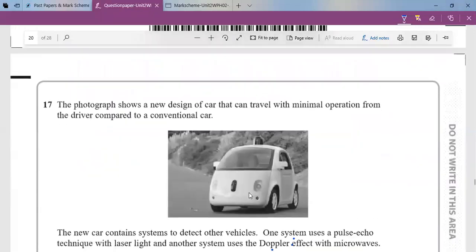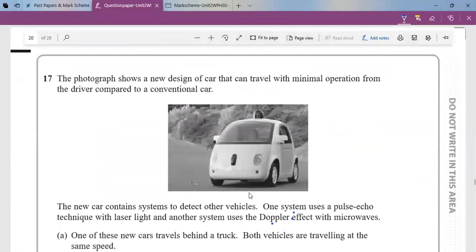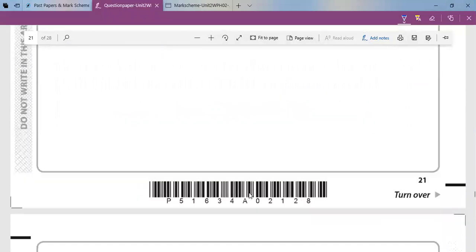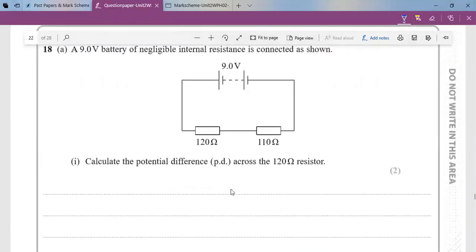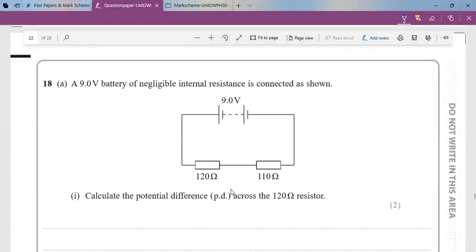We'll continue with question 17 in the next class. Actually, no, not 17, because that's a Doppler effect. It's not a part of your syllabus. Question 18 in the next class, inshallah, meaning tomorrow. And after this is your homework. Okay, the rest of the paper is your homework. We're going to discuss the